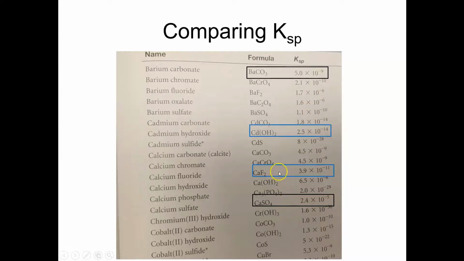By the same token, I can compare cadmium hydroxide, which we just did, with calcium fluoride, because these both have 3 ions in their formula unit, 1 cadmium and 2 hydroxides, 1 calcium and 2 fluorides. Therefore, they are comparable to each other, and you can look at these two and say, oh, because the value of calcium fluoride's Ksp is about 1,000 times that of cadmium hydroxide, this is going to be a qualitatively more soluble compound. What we can't do is compare calcium fluoride to calcium sulfate or compare calcium fluoride to